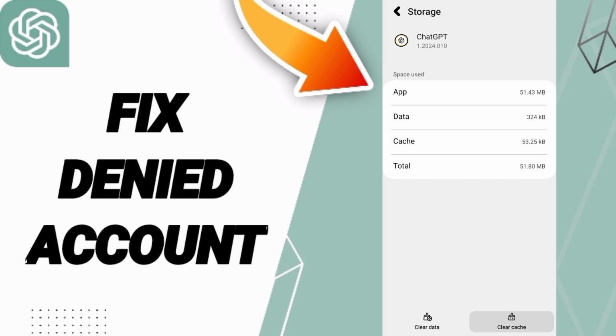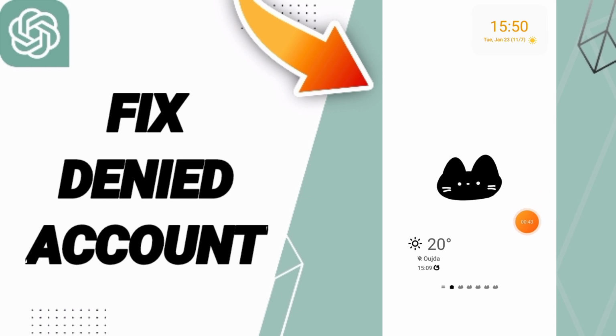Here you can click clear cache, but pay attention, don't click clear data because that can cause you errors or